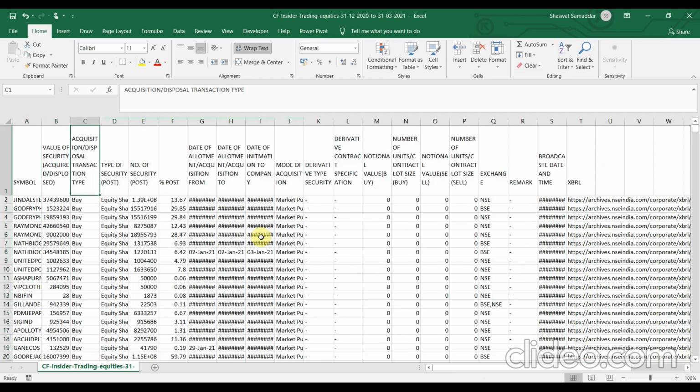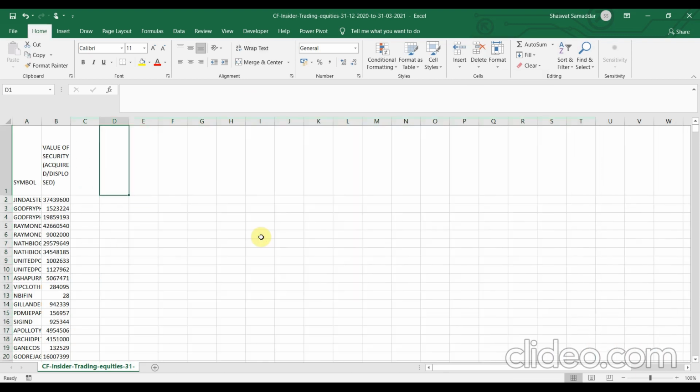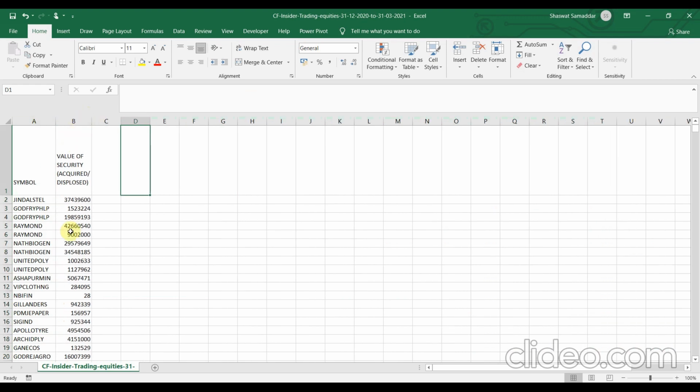Now, let me just delete these two. Okay. Once we have done that, let me just widen this symbol column. As you might notice, there is a redundancy in this particular symbol column. Raymond is repeated twice. United Poly is repeated twice. So this redundancy will make our analysis a bit complex. So that's why I want a consolidated form of this particular table in order to make our analysis a bit